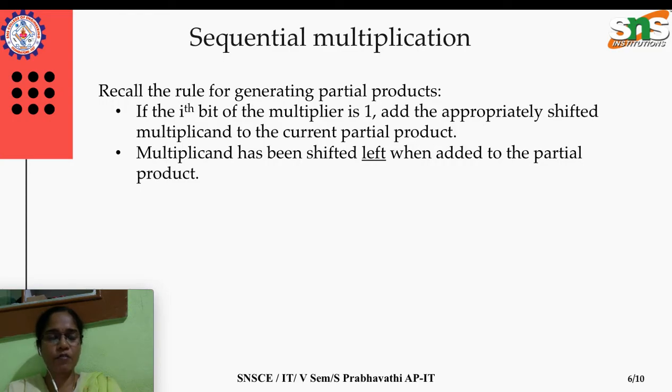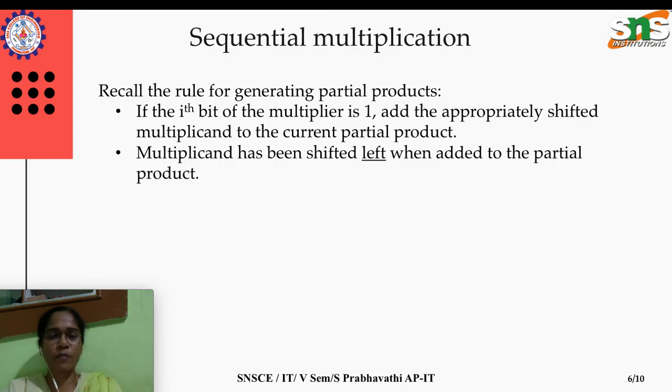Yeah, you are right, towards left. So here in sequential implementation we will be shifting the multiplicand towards the left. I will take you to the hardware circuit implementation and also one example that will make the logic behind shifting a multiplicand towards the left clear. It will produce the same result.